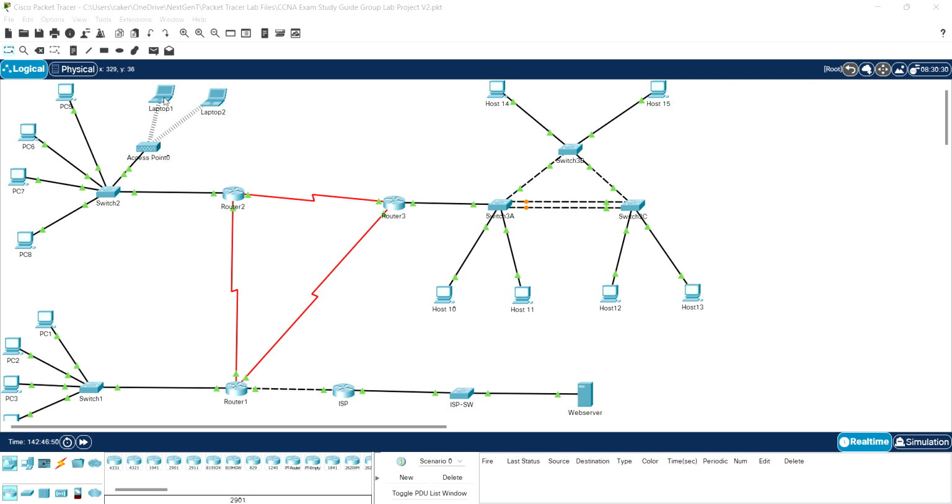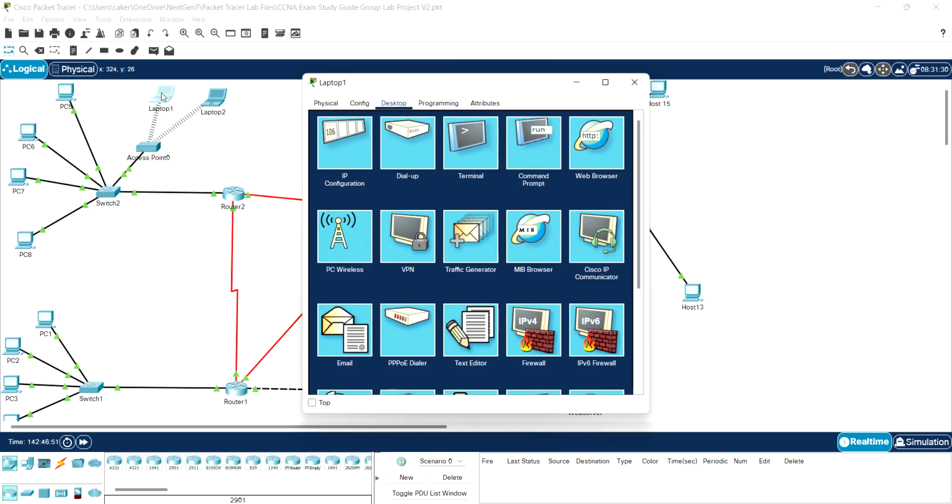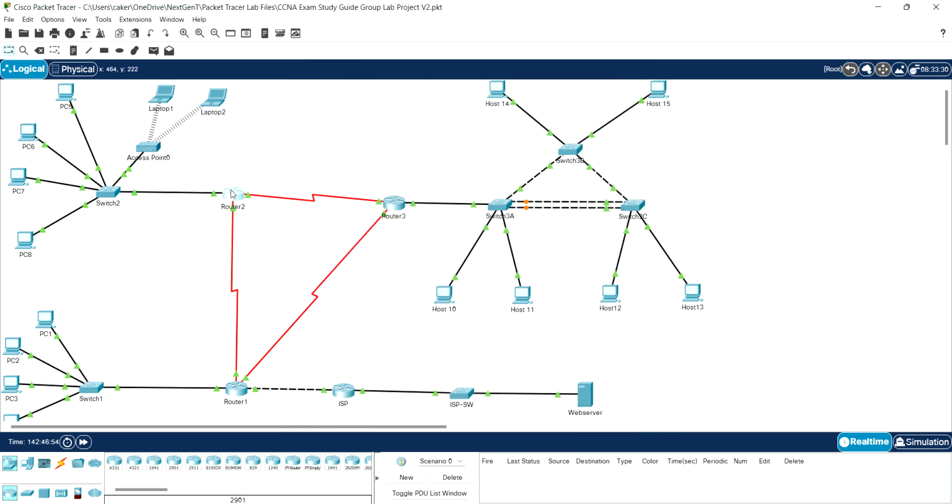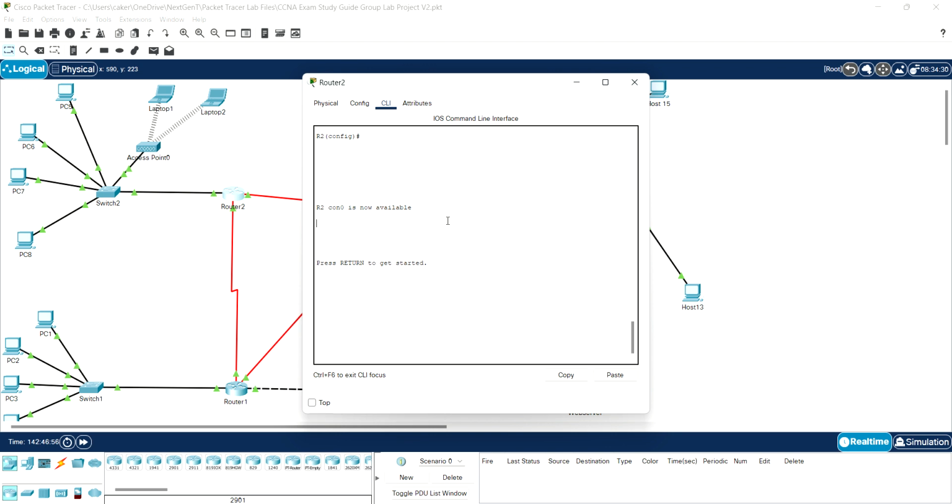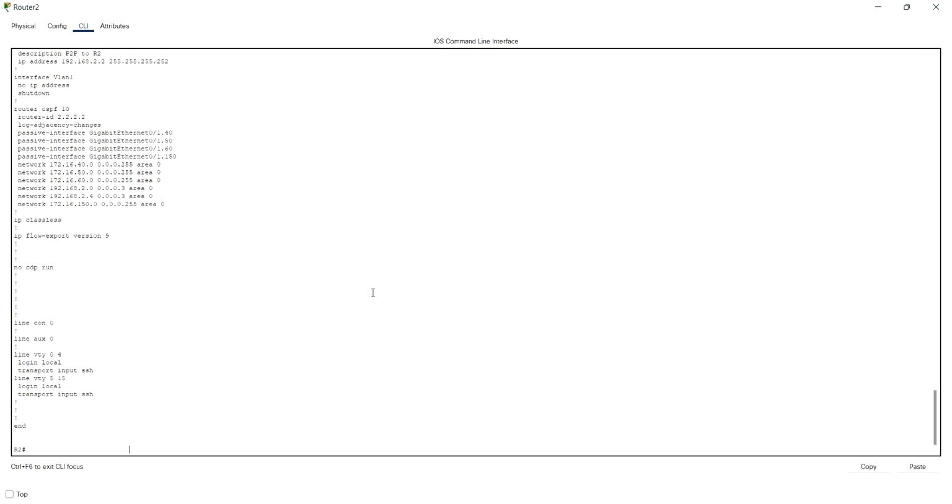Now, we also configured router 2 here with an access list, so that we added a WLAN subnet basically to the NAT ACL on the router, so it can get to the web